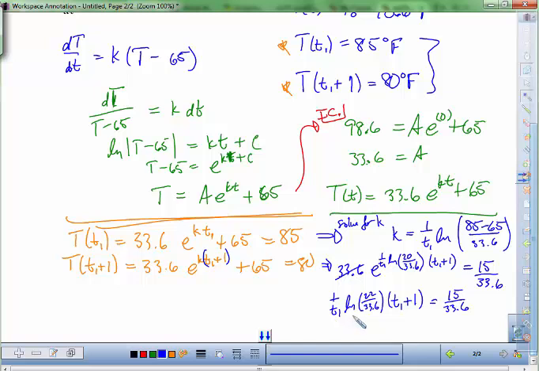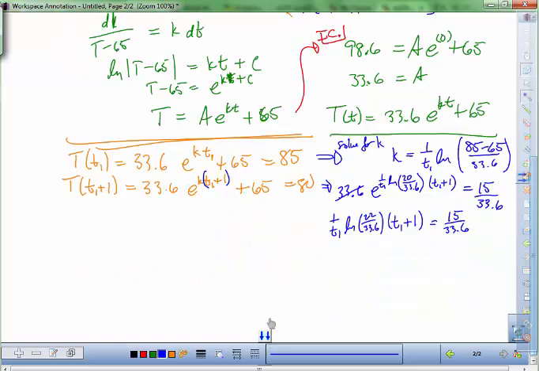Now, try to make it cleaner by just dividing out by the ln. This is 20. So if I divide both sides by ln,